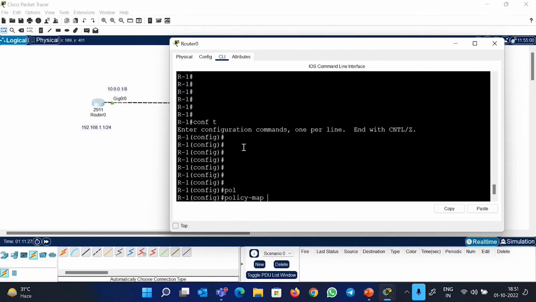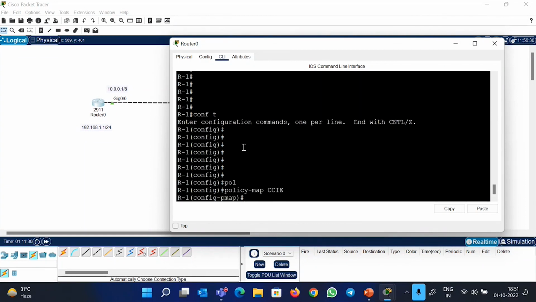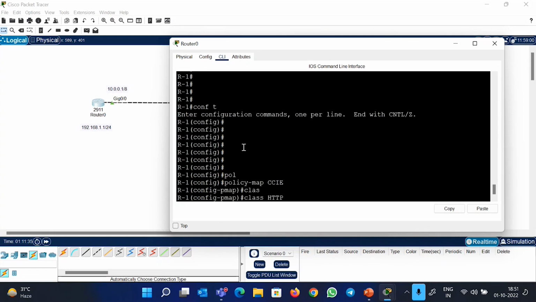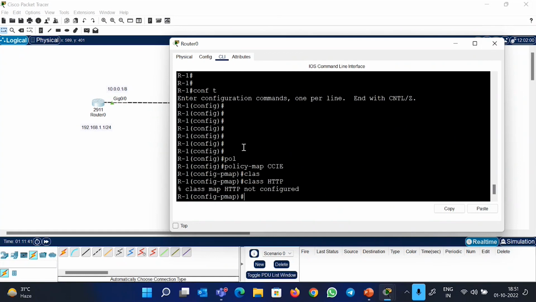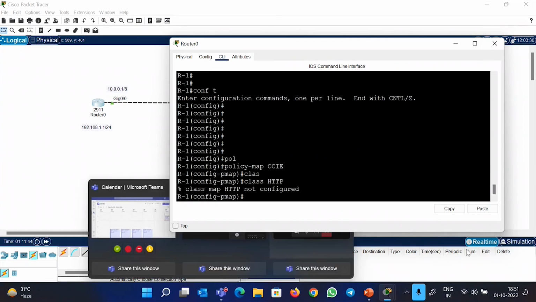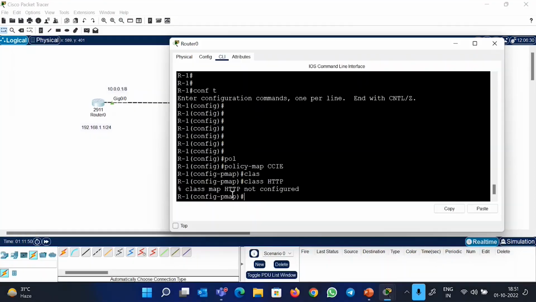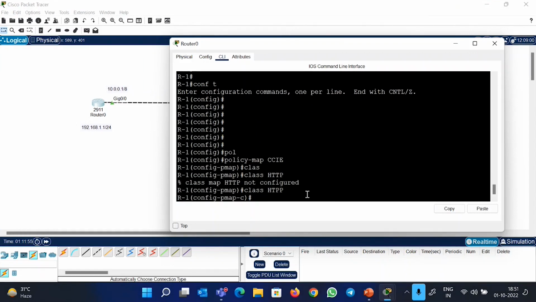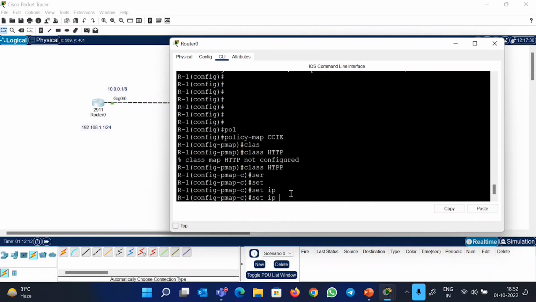So let's say we have the policy map, which was CCIE, and after defining the policy map, we will define the class as HTTP. I guess I know which kind of error I have made. Just let me check it out, guys. Okay, let's try HTTP. Yes, I guess, yes, guys, see from the chat box, I got the error also that I have defined the wrong keyword over there. So now it is accepting this HTTP. So this is what you need to make sure: once you have defined this part, then you need to set